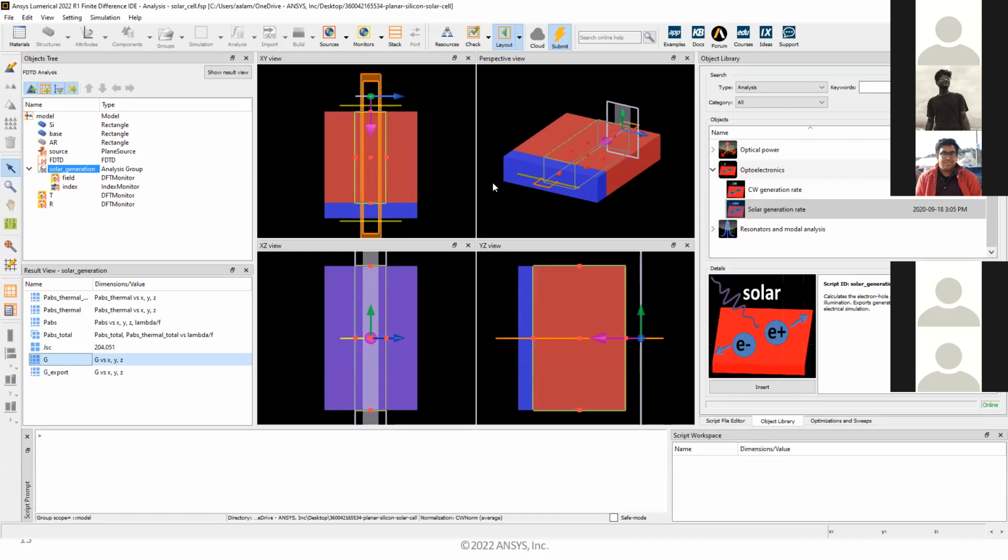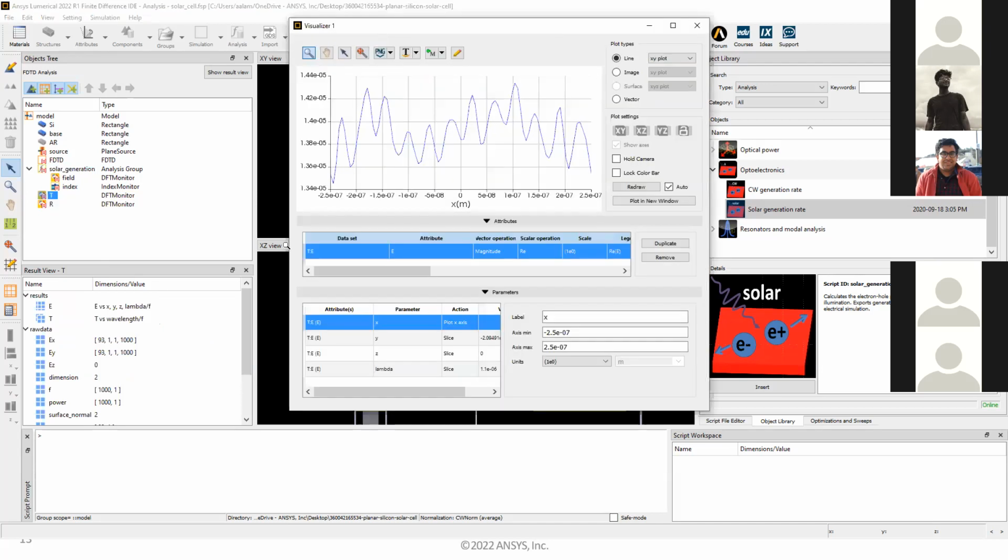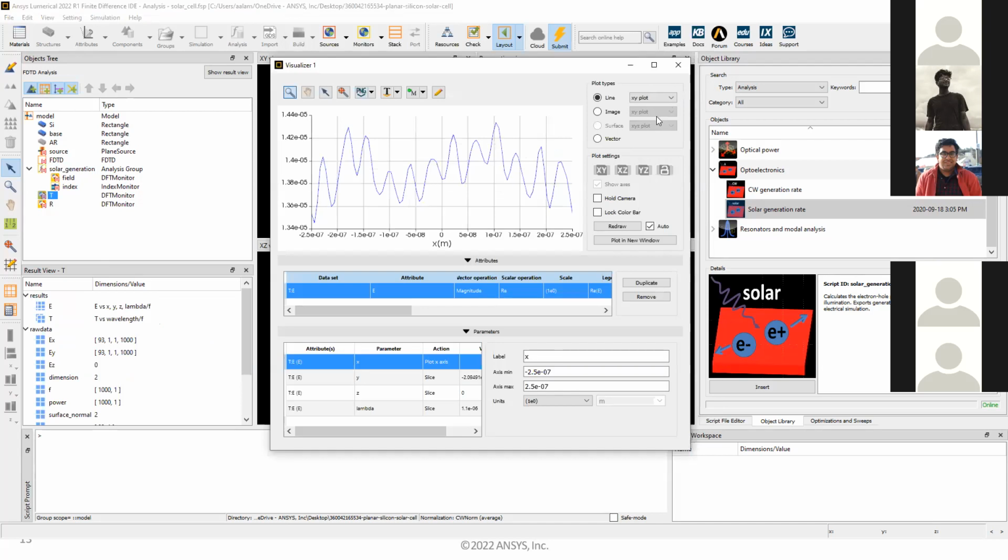Polar plots. Yeah, like any plot that you have, you can do polar plots. This is a 2D simulation, so it probably won't make much sense here, but when you plot something, typically you get a line plot, and here you can choose different types of plotting options.